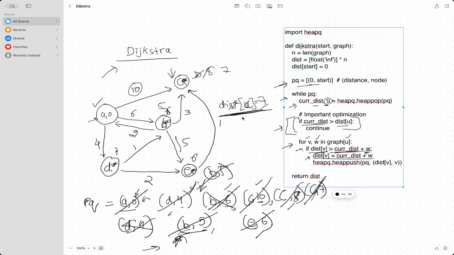I may push it more than once, but I will not work when I pop that value. This is actually a very important optimization, and this will help in the worst case time complexity, and we'll calculate that time complexity. But this overall is the Dijkstra algorithm code which we will be able to use to compute the shortest distance